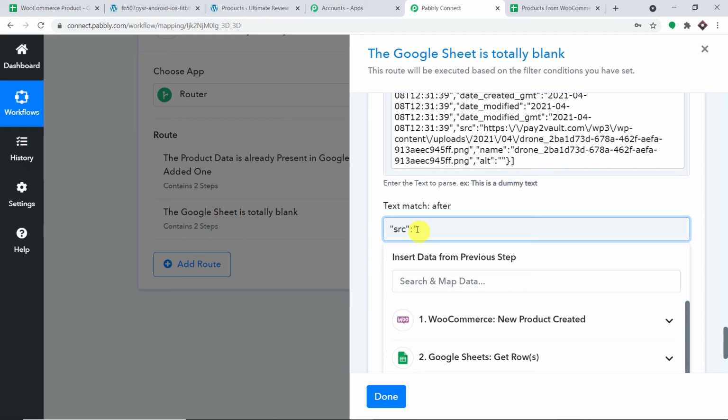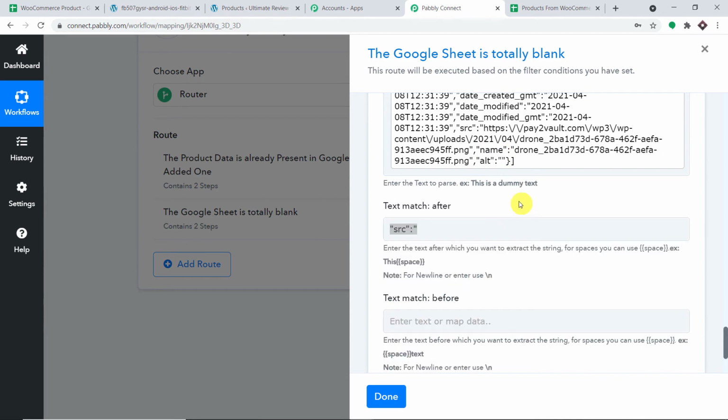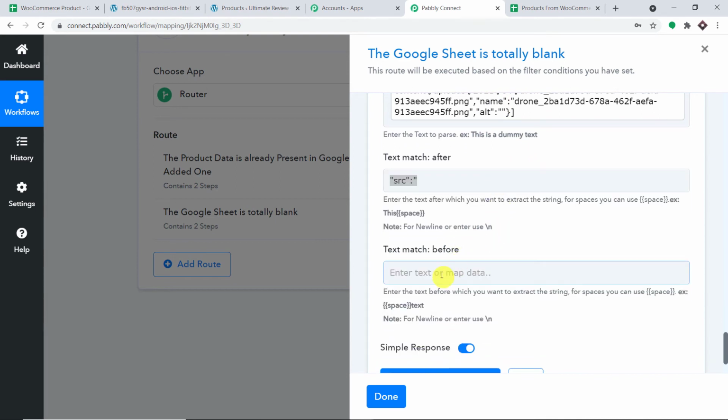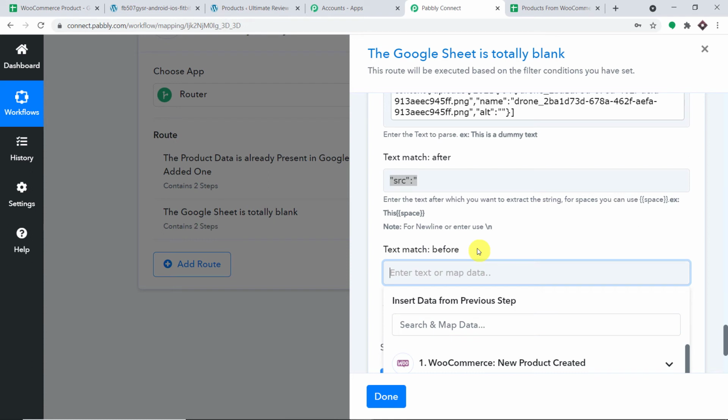So it's going to figure out the data up to here, and then the data up to here. Let me first specify the text match before, and you will understand. So the text match before will be this one, slash, and inside it the name.